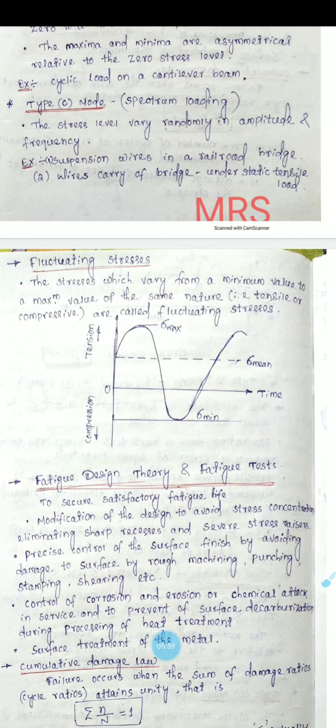In a completely reverse stress cycle, mean stress is 0. But whenever you take static loading, this is your diagram of static loading, the mean stress is constant. In completely reverse, the mean stress is 0, but in static loading, the mean stress is constant. When you combine completely reverse and static, you get the fluctuating diagram. You see, this is your diagram. This line is the mean line, sigma m. So upper, lower, upper, lower, upper.